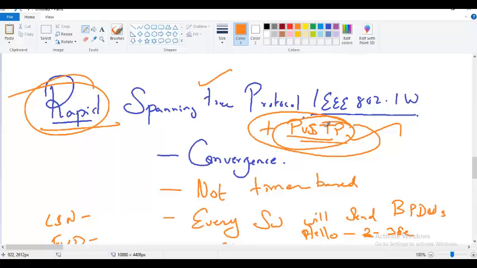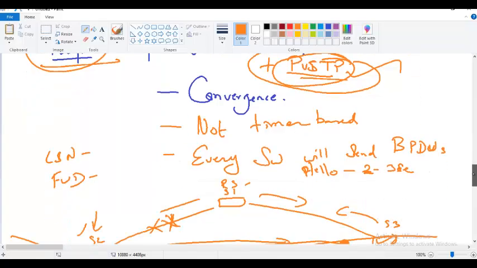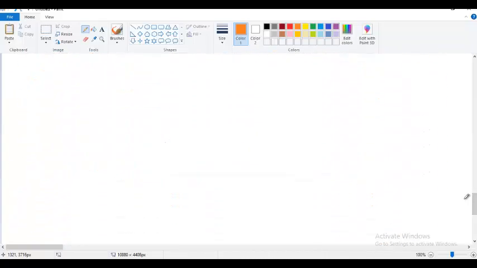High consumption of CPU. So if you feel like that, you have an option. That is the next type. If you say it's too heavy, too much of CPU, because rapid spanning tree runs for every single VLAN as a separate instance, CPU is very high. If you find that, or if you feel like that, then you have an option called